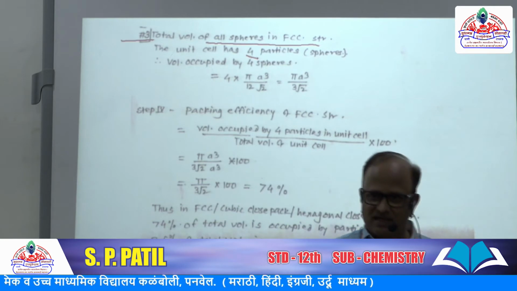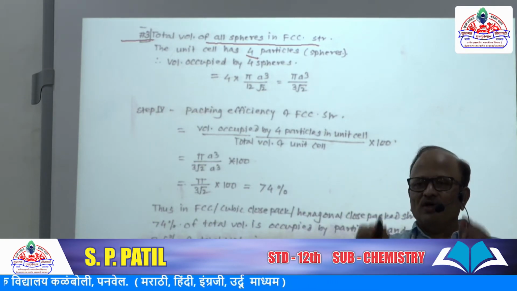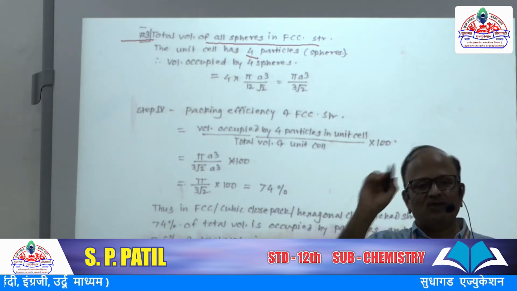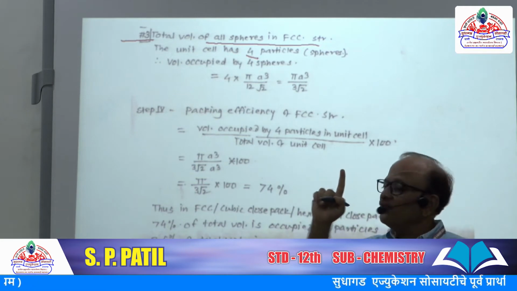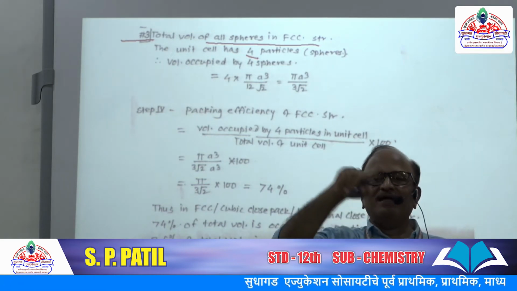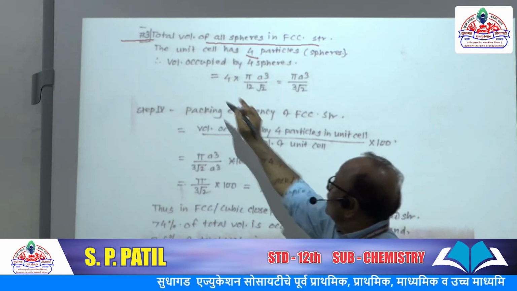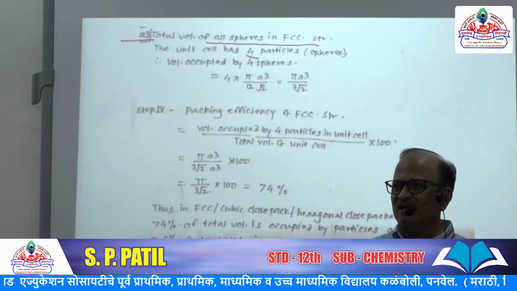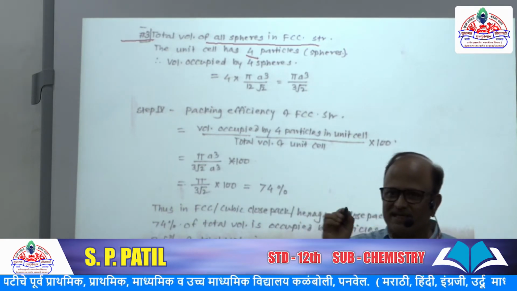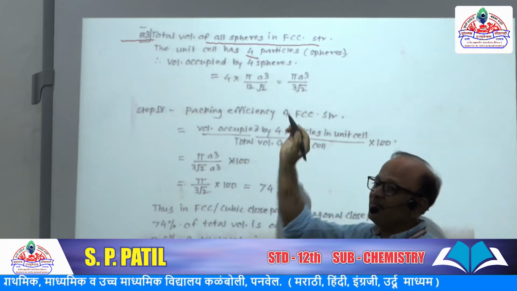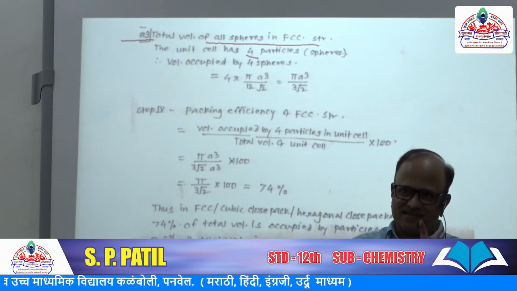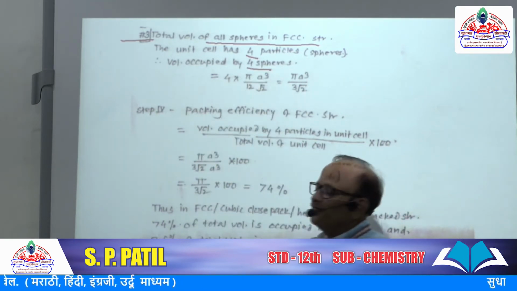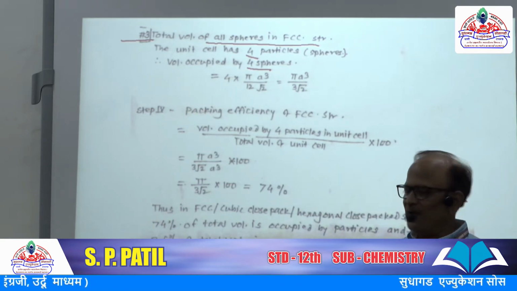How 4 particles in face centered cubic structure? There are 8 corners, with 1/8 particle at each corner, so 1 particle in total from the corners. The cube has 6 faces, and at each face center there is half a particle, so 3 spheres in total are placed at the faces. So 3 plus 1, it is total 4 particles. Face centered cubic structure has 4 particles.